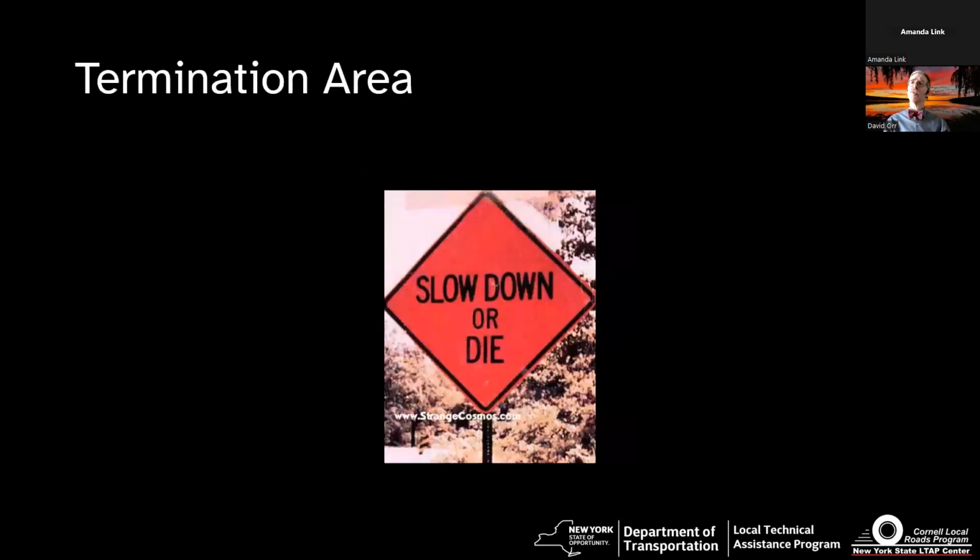And then finally, there's a termination area. Now, the termination area doesn't always get signed. We sometimes will put up a sign that says end road work. Sometimes we have a bunch of cones to let people know. Again, think about how you're getting the materials and vehicles in and out. A lot of times we leave it open to get the construction vehicles in, but don't confuse the public and make them think they can come into the work zone. So even a couple of cones sometimes can help in that particular case.